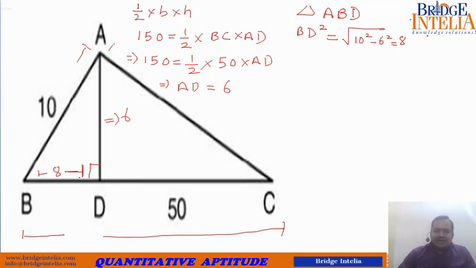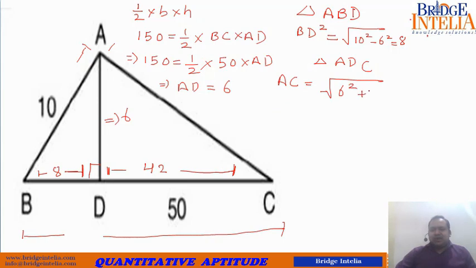So if this is 8, then this must be equal to what? This entire thing is 50, so this must be 42. Now we have to find the value of the third side, AC. In triangle ADC, you can again apply the Pythagoras theorem and you can say that AC is equal to under root of 6 square plus 42 square, and this comes out to be equal to,